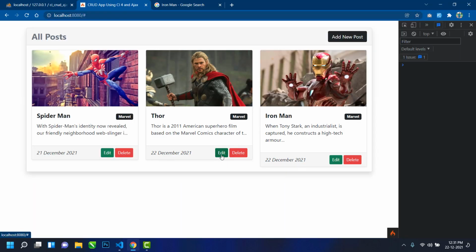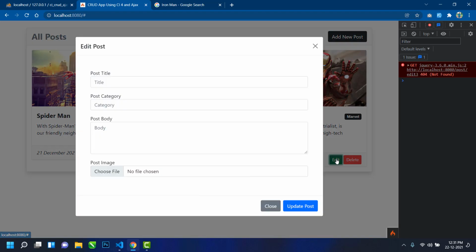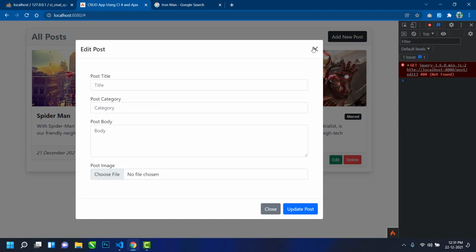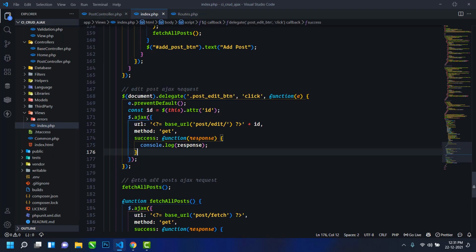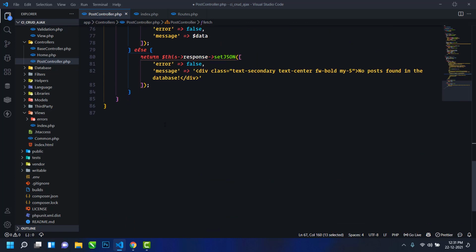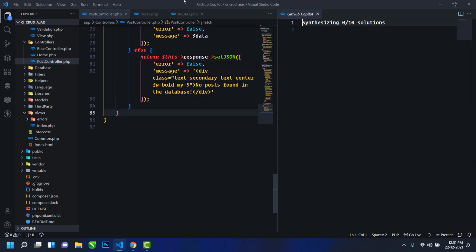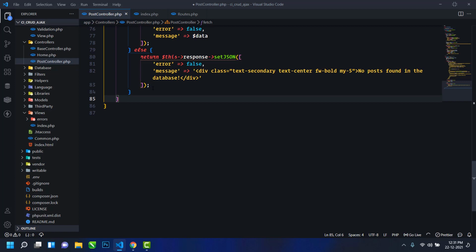If I click on this edit button, then this modal is displaying. Now next, let me check once: post/edit, and here id, this is okay. So just go to the PostController.php file, and here I will write a comment, handle edit post AJAX request.